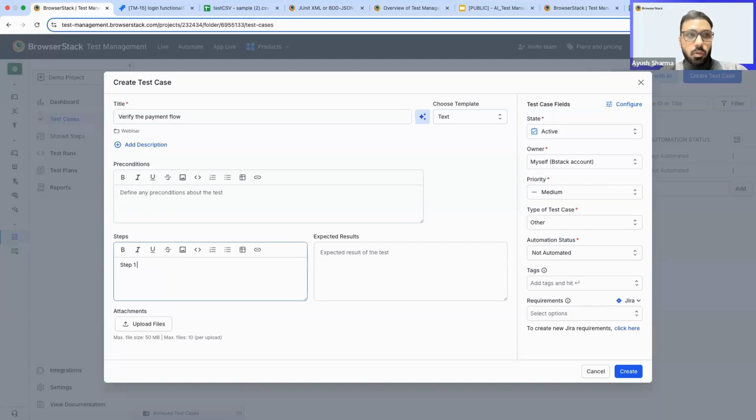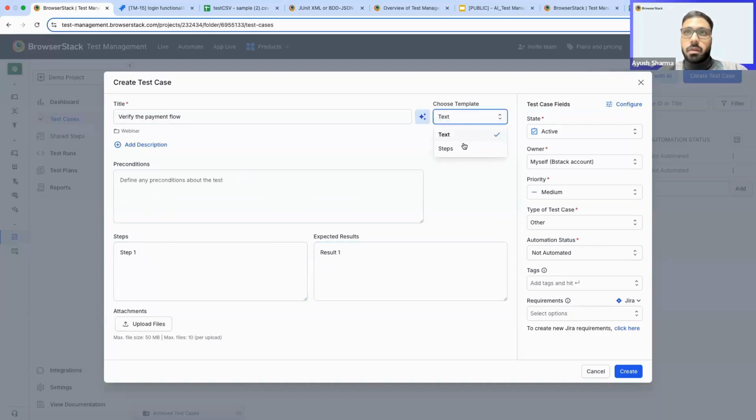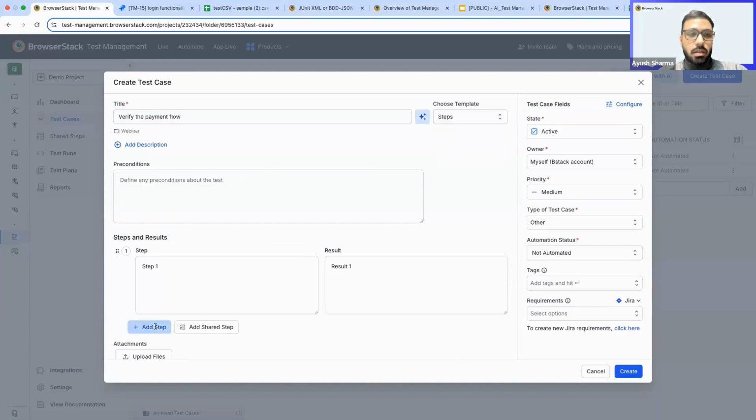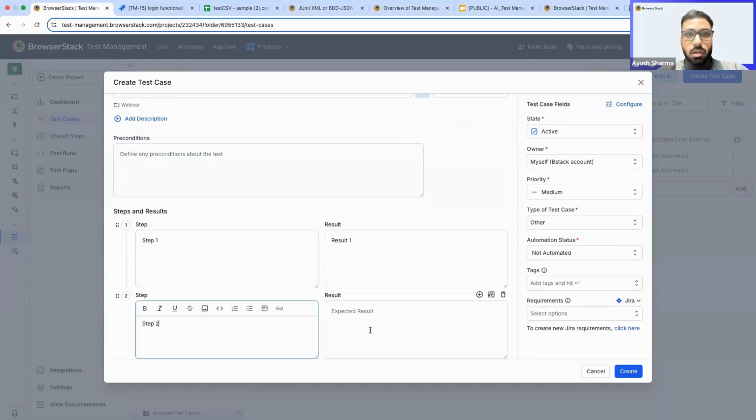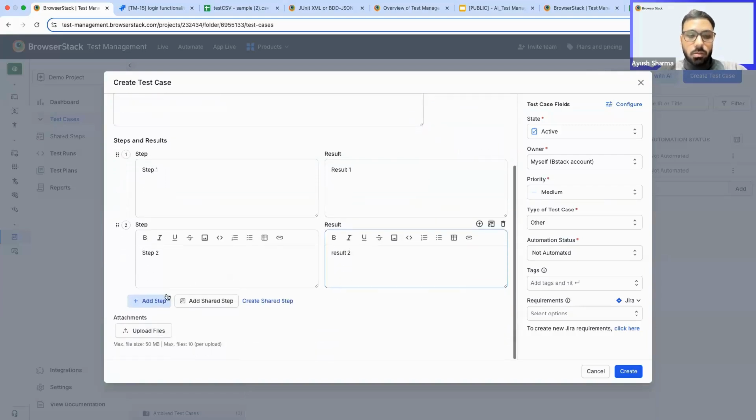Given that it's part of the demo, I'm just quickly writing a certain set of things. And if I want to change it to steps, I can do that as well. Now, let's say if I have a certain set of common steps that I would want to use across test